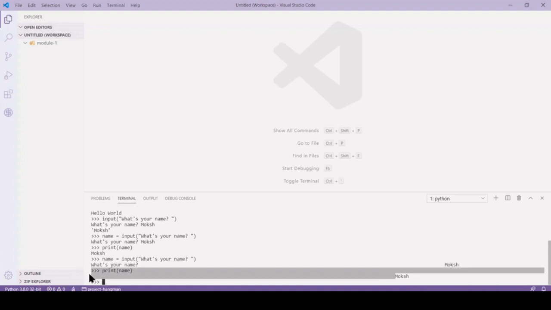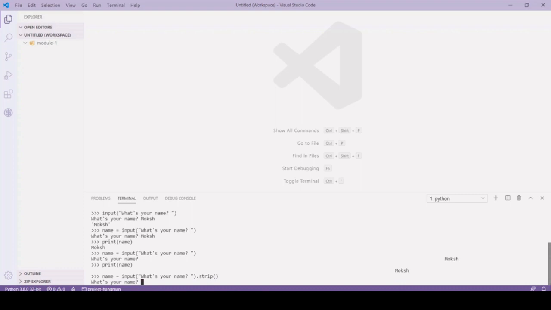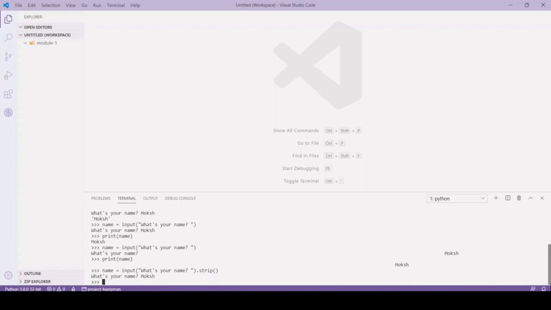So to avoid that, this is an inbuilt function in Python, we can say dot strip, and if we write our name again, as you can see, it won't make a difference right now, but